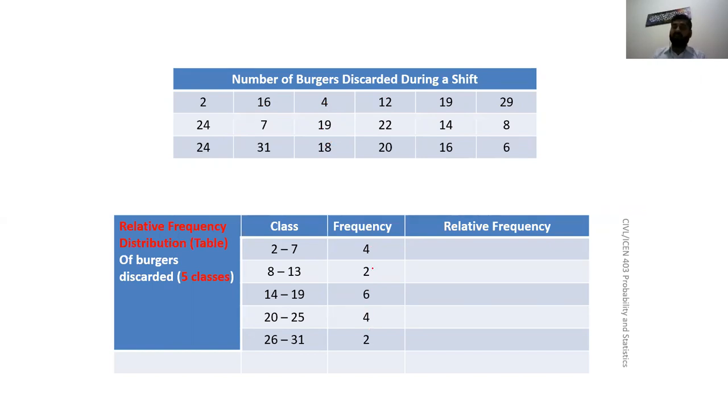But now if you recall, the question was construct a frequency distribution and relative frequency distribution. So what I will do,